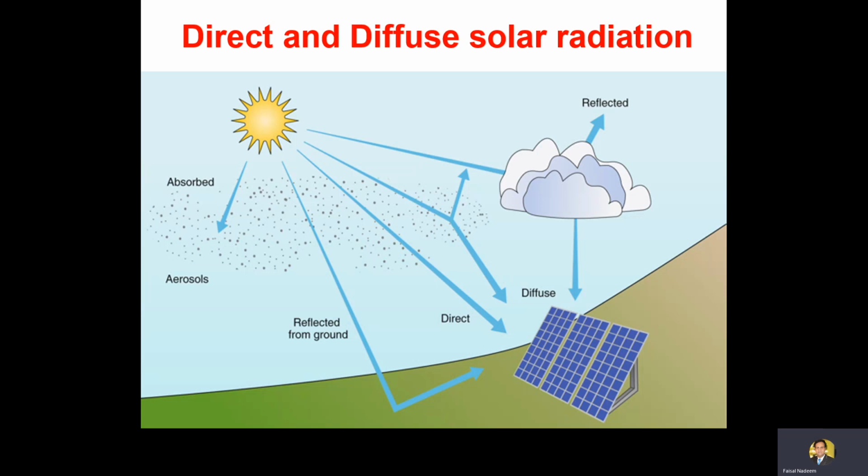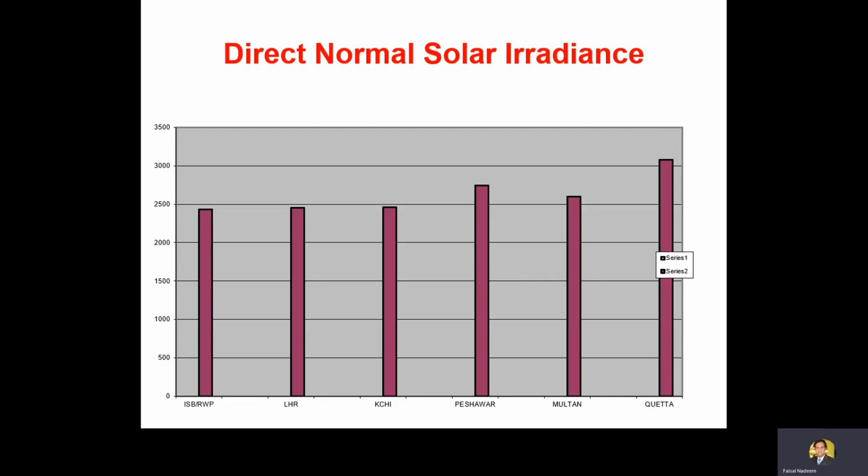These are the areas in the Middle East as well, in Saudi Arabia and UAE. These are the areas which are very good in getting direct solar radiation, and the amount of solar radiation actually received by the solar receiver there is in very good quantity. So in Pakistan, we can easily see which areas are very good in solar radiation and which are not that important as per the direct normal solar irradiance specified.